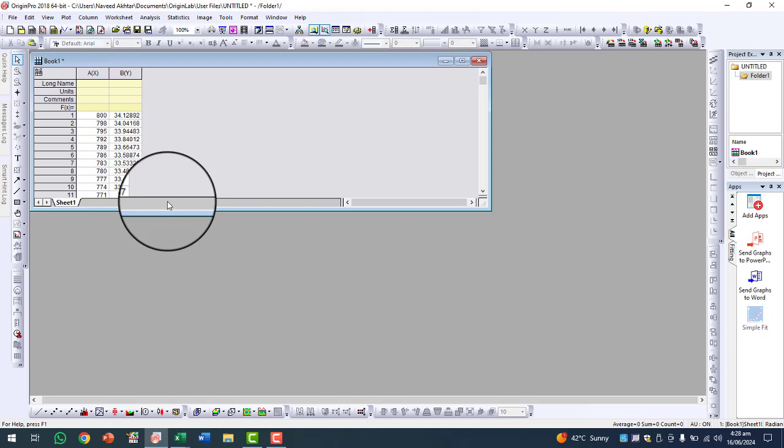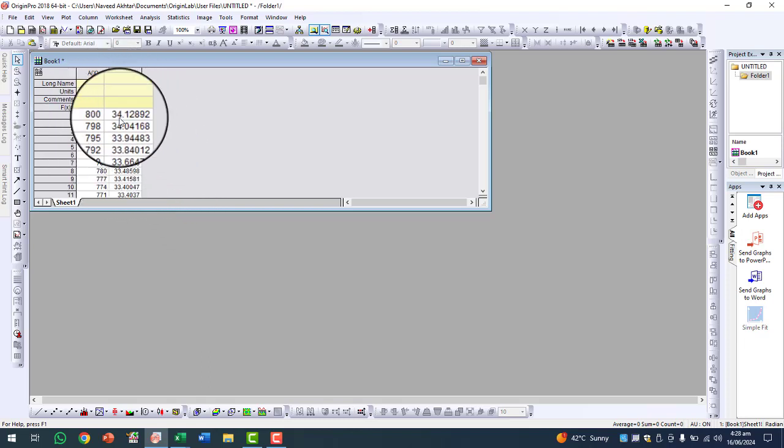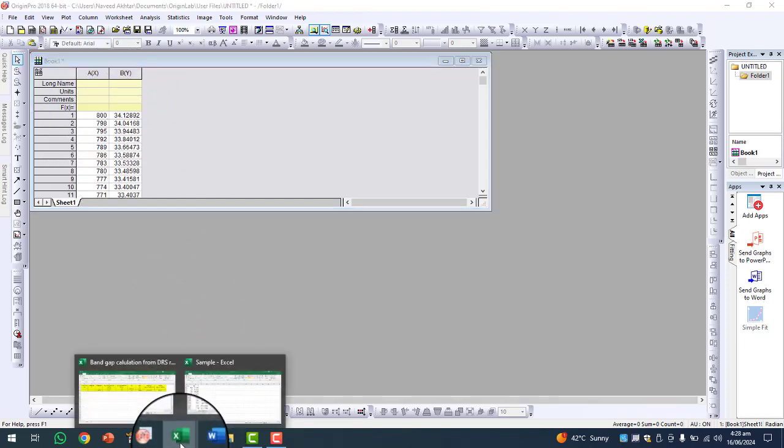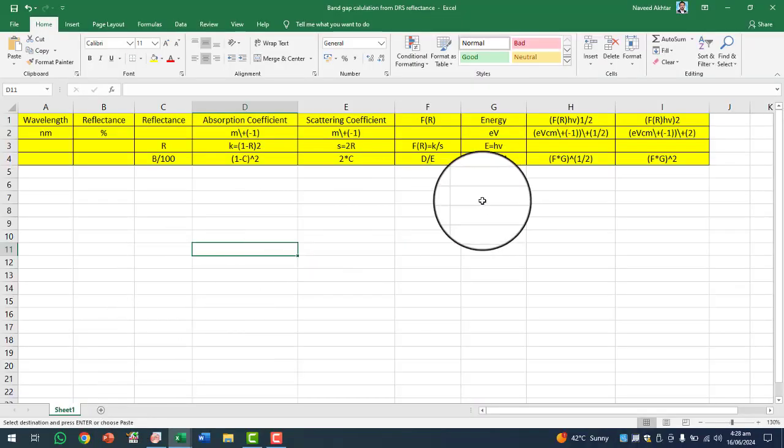I will simply copy and paste the long name, unit, comments, and formula rows from that sheet and put them here to easily calculate the band gap energy of my material from the DRS data. So I will open that sheet which I have already prepared.